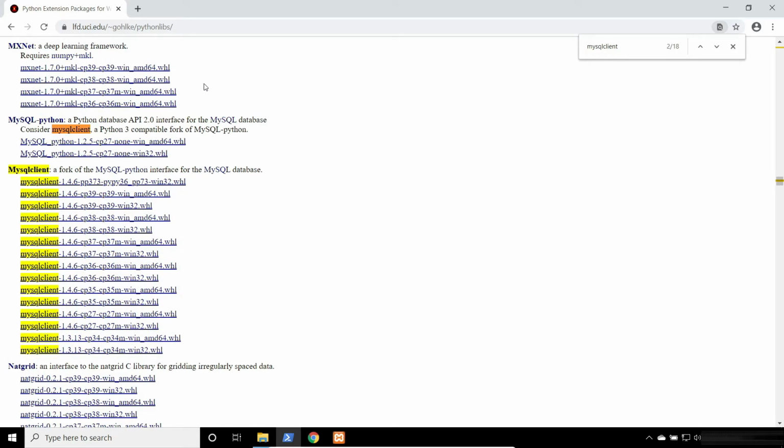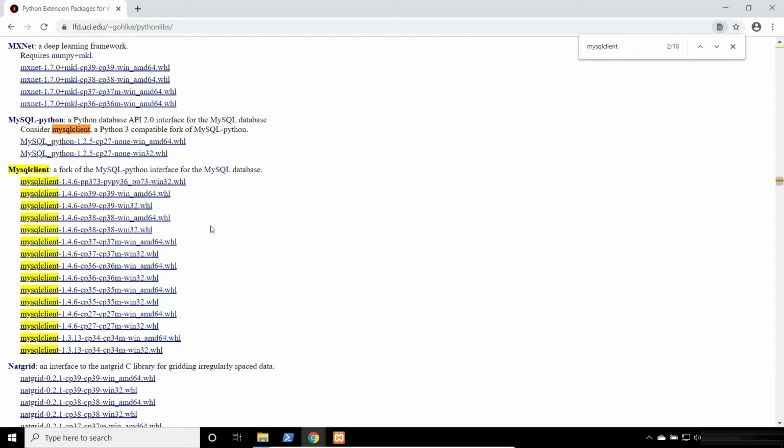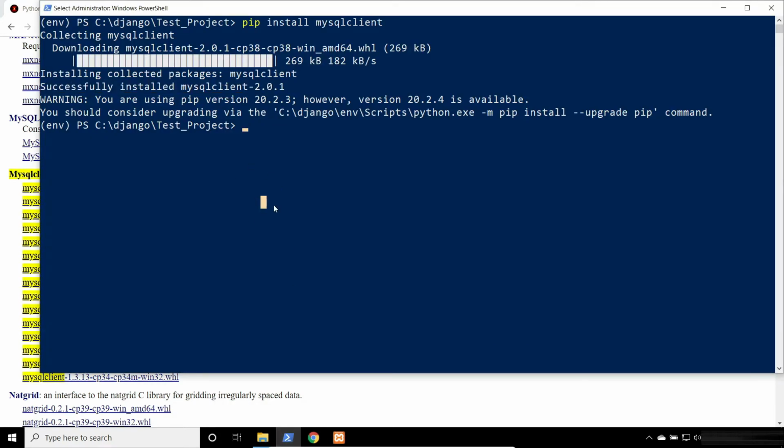You need to configure this wheel only if it's giving an error while installing the MySQL client. But in my case, it's already successfully installed. But I'll also show you how you can configure the MySQL wheel. Depending upon your Python version, you need to download the wheel. You need to follow these steps only if you get the error while installing the MySQL client here.